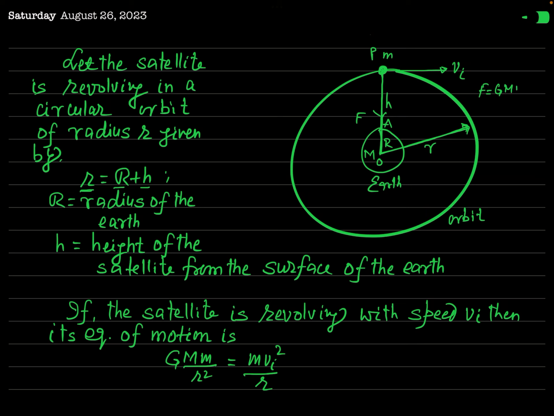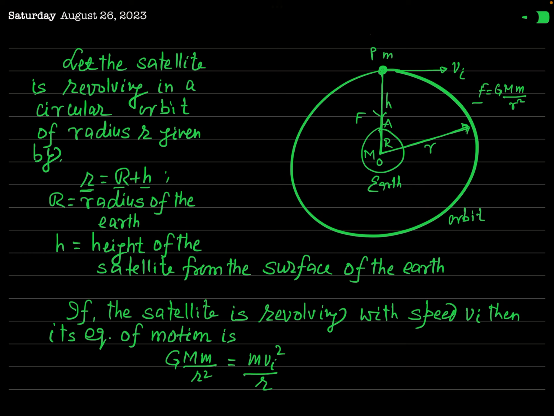From Newton's law of gravitation, this will be simply GMm over r square, where this small r is capital R plus h. And this gravitational force exerted by the earth on the satellite provides its necessary centripetal force